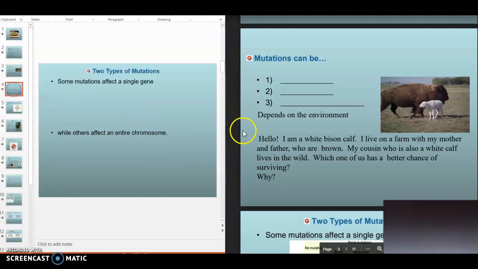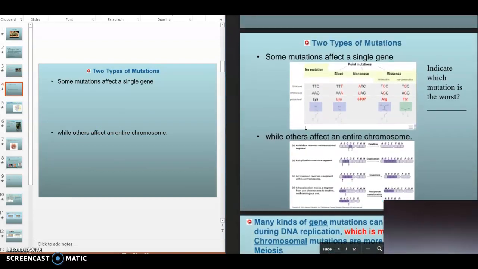All right, the next slide, I'm going to try to keep these things rolling here. This is the slide where, for whatever reason, my key is missing the pictures. With the pictures here, you can see this first one is all about point mutations. I did put this one in because it talks about the silent, nonsense, and missense mutations and what those are. You can go through those and look at what's going on with these various terms. And then you could also look at